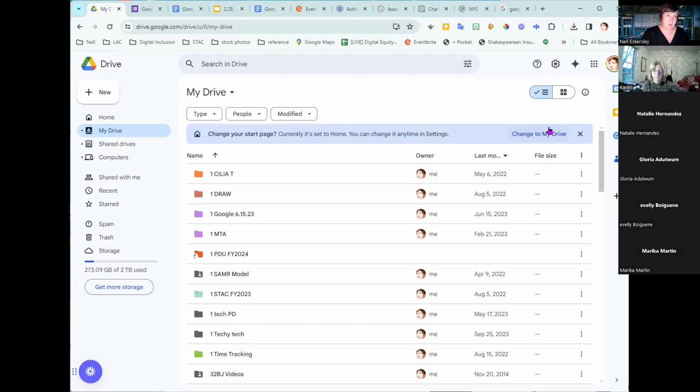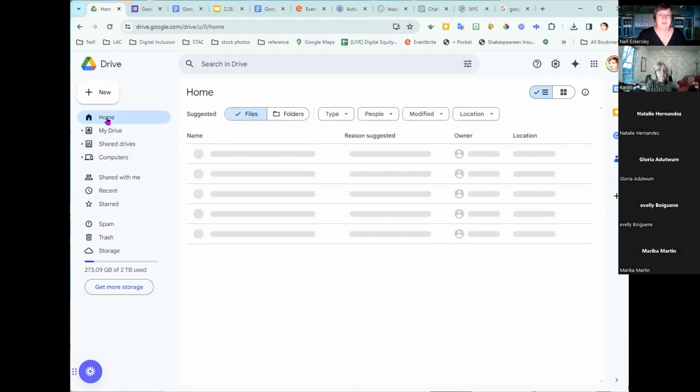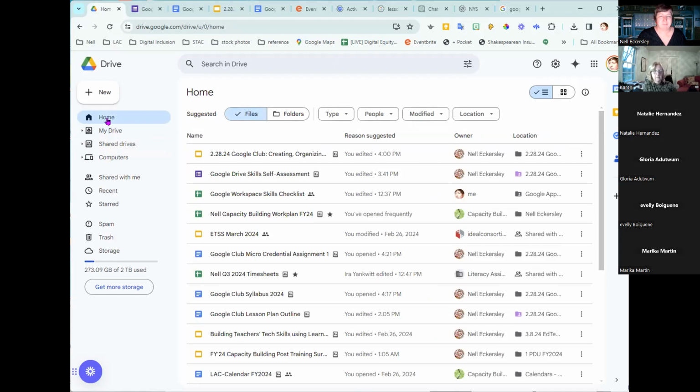The difference between home and my drive. I think, like what you were saying, home is fairly recent. It's probably your most recent documents that you opened.